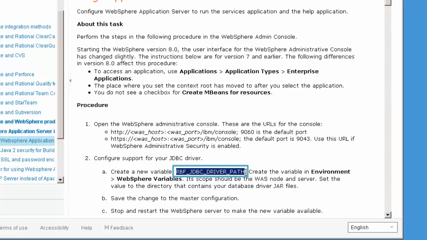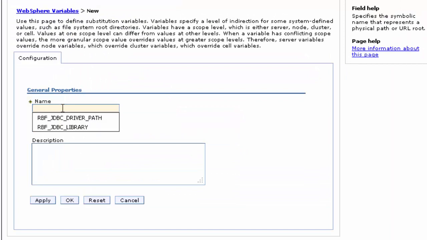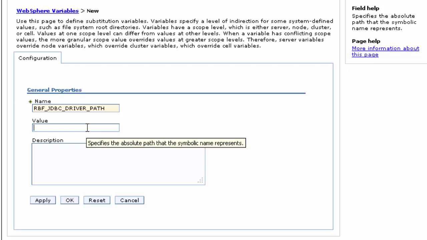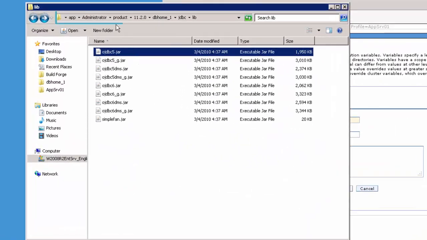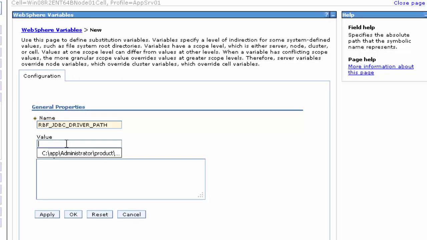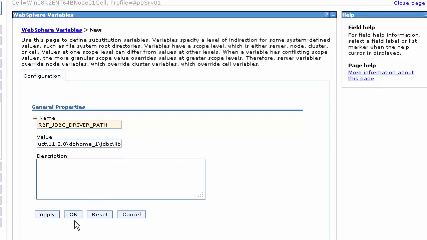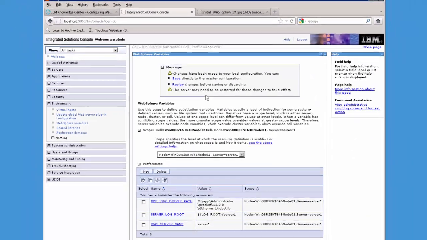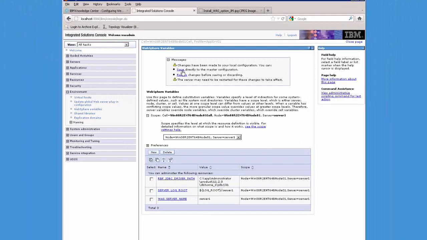RBF JDBC driver path. I'll just copy that and paste it here, and the value is the lib folder of my database installation, and in my case I've installed Oracle, and in my Oracle installation here is my JDBC library path. So let's copy that and paste it over here. Click OK. Now the steps also say to restart after you've saved to the master configuration,